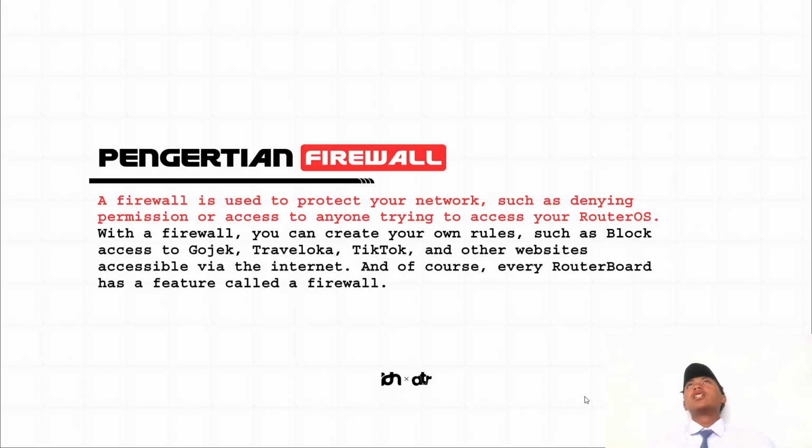Firewall is a function or feature from MikroTik used to protect your network, such as denying permission or access to anyone trying to access your router OS. With a firewall you can create your own rules, such as blocking access to Gojek, Traveloka, TikTok, and other websites accessible via the internet.